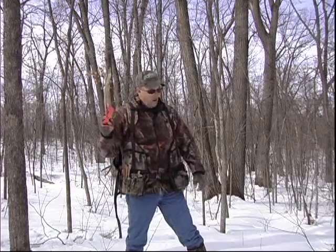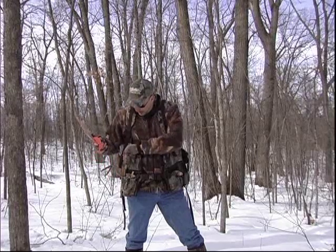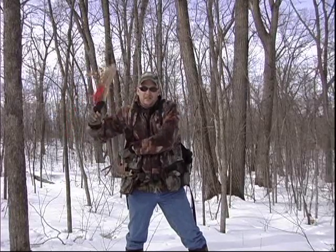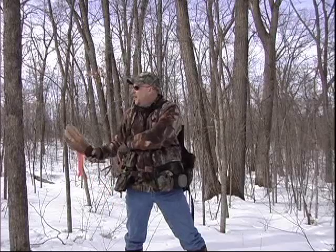You know, that hen's in that tree. She's waking up. She's getting her feathers ready to go. She's stretching. She's almost ready to fly down. When it's just about time to fly down, and you'll know this with experience more than anything, nobody can really tell you what time the birds fly down. Best thing is to listen for the other birds around you, to hear those wing beats coming down, or you'll